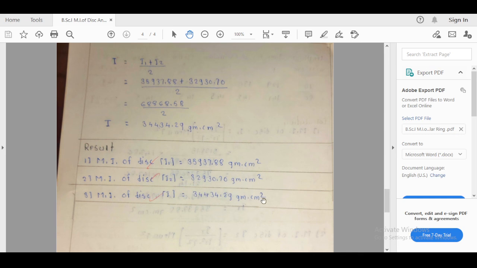34434.29 gram square centimeter. Whenever you have to perform any experiment, any observations, any calculation you note down should be interpreted with the proper unit. Generally we are using the CGS units here, and we have to express our results in CGS units. It is necessary because at the time of practicals some marks are reserved for writing your